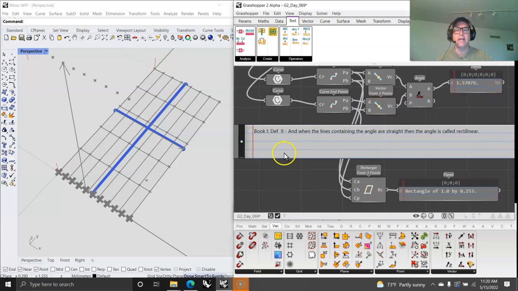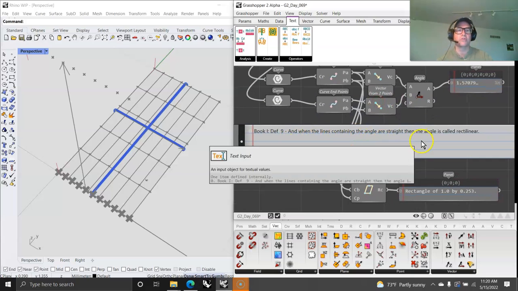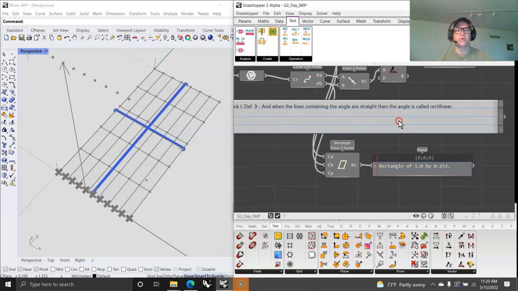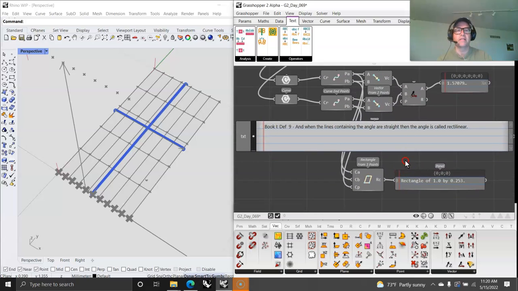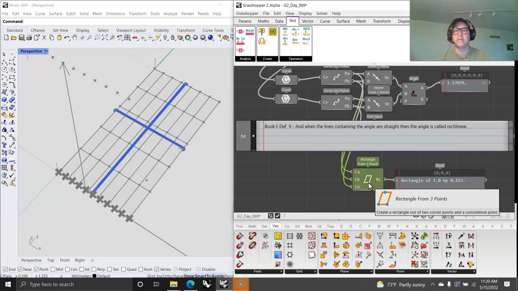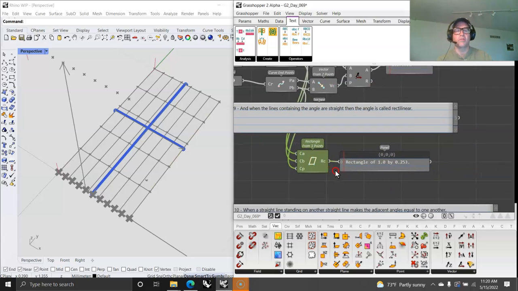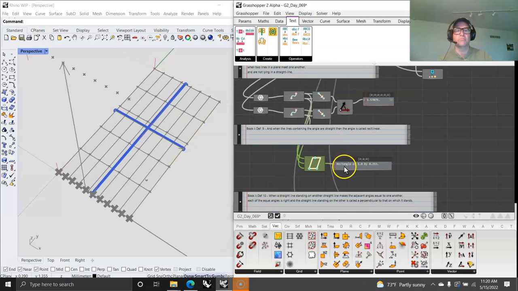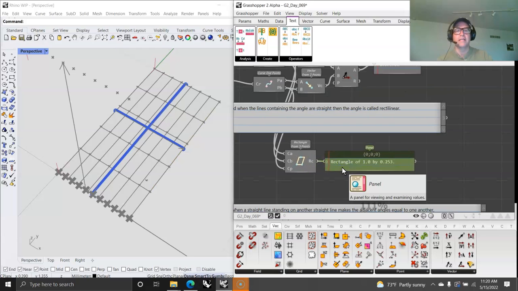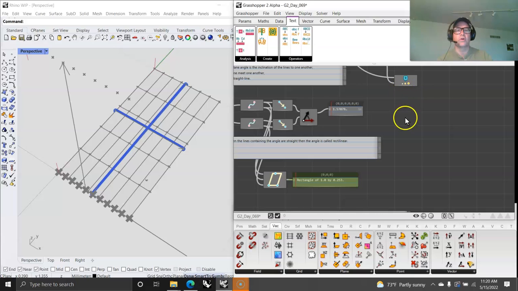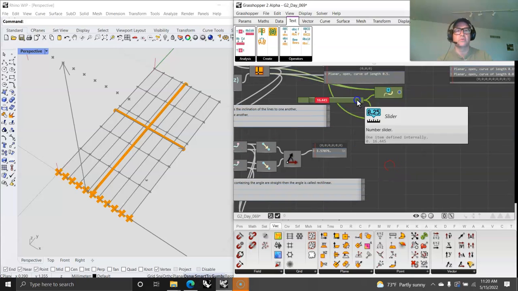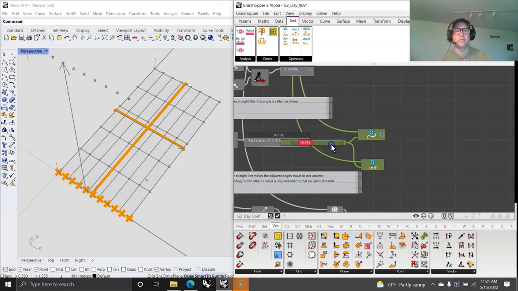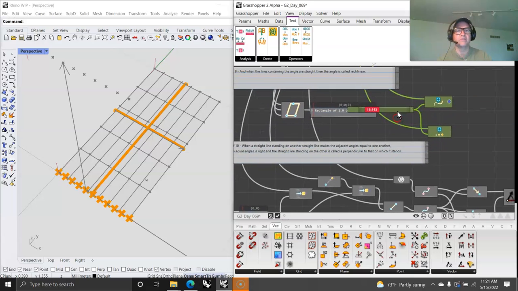All right, so 9, and when the lines containing the angle are straight, then the angles are called rectilinear. I proved that just by taking those two angles that came out from points at the same point and produced a very interesting rectangle with it. So these rectangles probably have to be exploded into lines in order to work with one of these visualization tools down here. I can try and put a rectangle in, but I can guarantee you it's probably going to bug